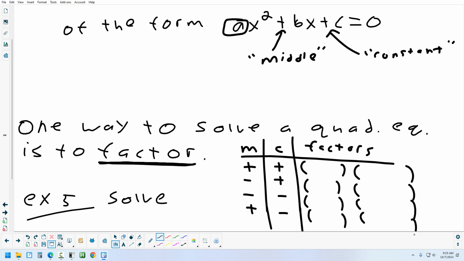If you have 2 positives, when you factor it, you're going to end up with a positive and a positive. I can't tell you anything else because I don't know the numbers, but I can tell you it's a positive and a positive. If you have a negative and a positive, does anybody know what your 2 signs are going to be? Negative,